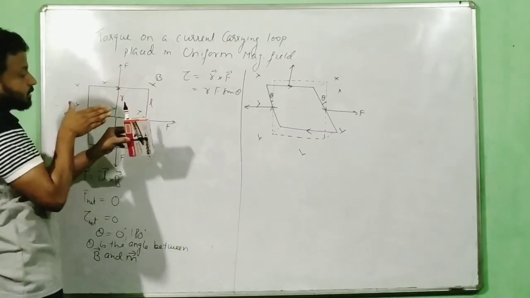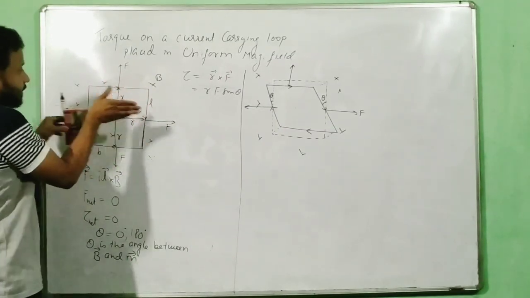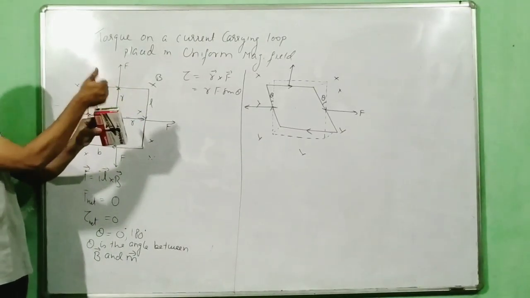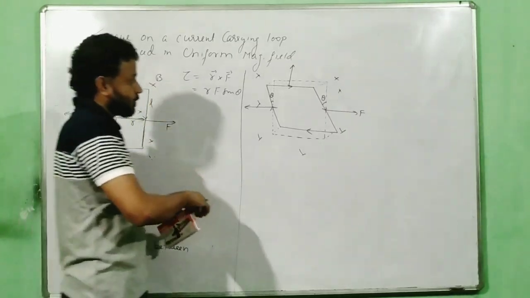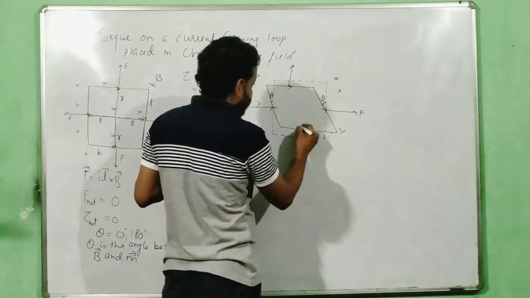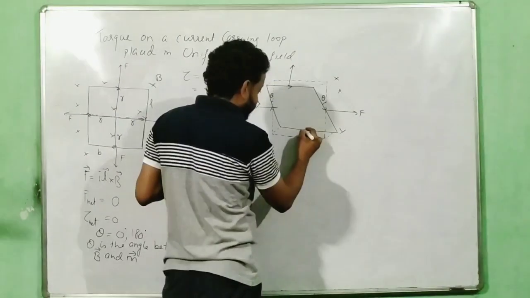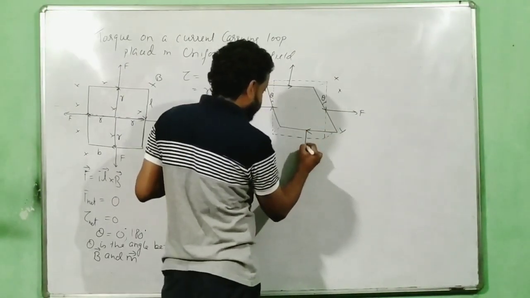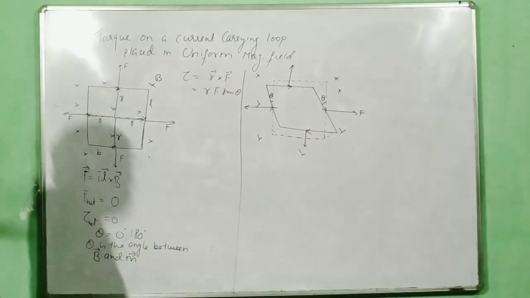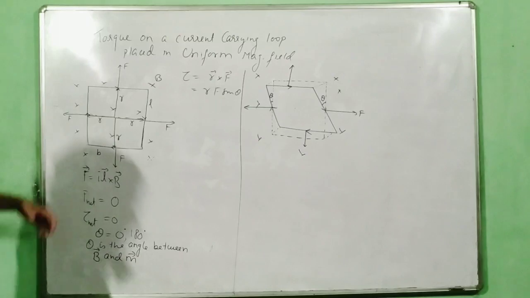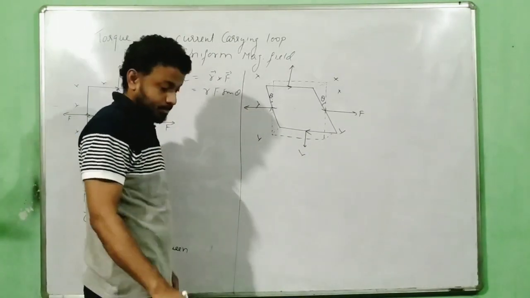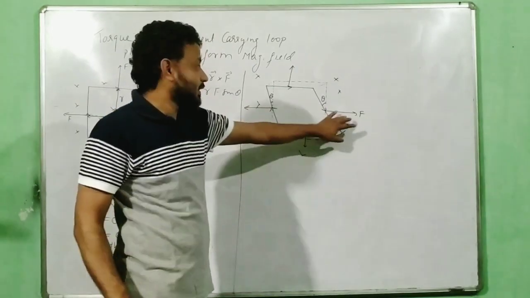This is your IL cross B, force upward. Like this, IL cross B. So the force is upward, and over here the force will be downward. The midpoint is somewhere here, so this is my force. It's a three-dimensional picture which you have to understand. This force will not create any problem.